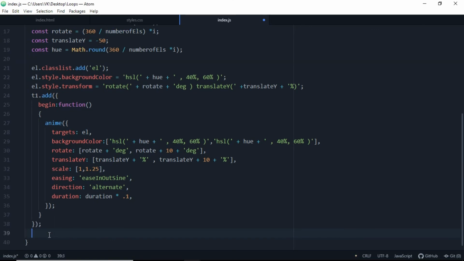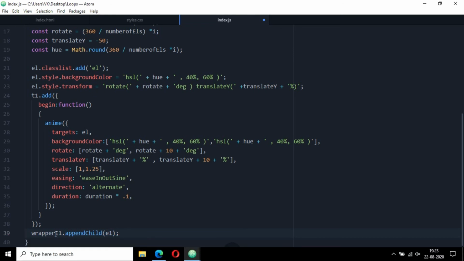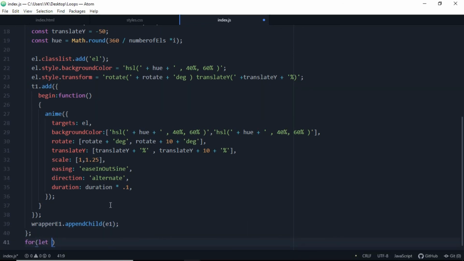And after all this ends, before one curly brace, I'm going to use the t1 here, wrapperEl.appendChild, make the C capital, and we're going to pass the parameter as el, you can say el2, for let i is equal to 0, i less than number of ELs, which is 90, add a semicolon and i plus plus.